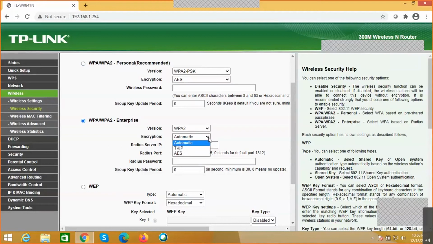WPA is already outdated because it is very easy to crack. So it is always suggested to use WPA2 or a higher encryption beyond WPA2. Always use the highest encryption available in the access point. The current is WPA2 and beyond. So use that, and for the encryption type also use AES or higher. We can go for this.